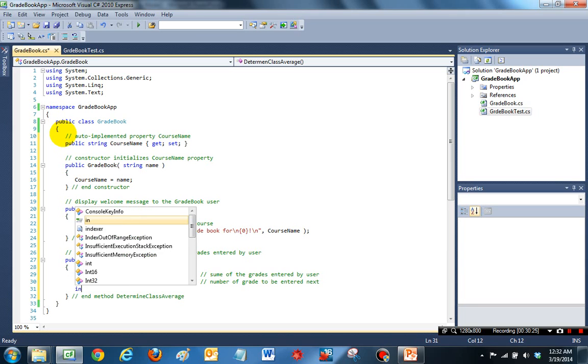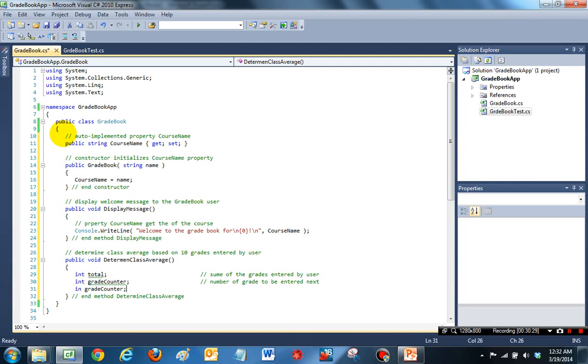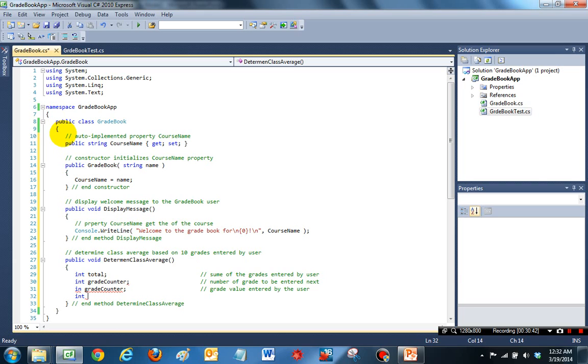Then grade, which is the grade value entered by the user, and we need another variable for